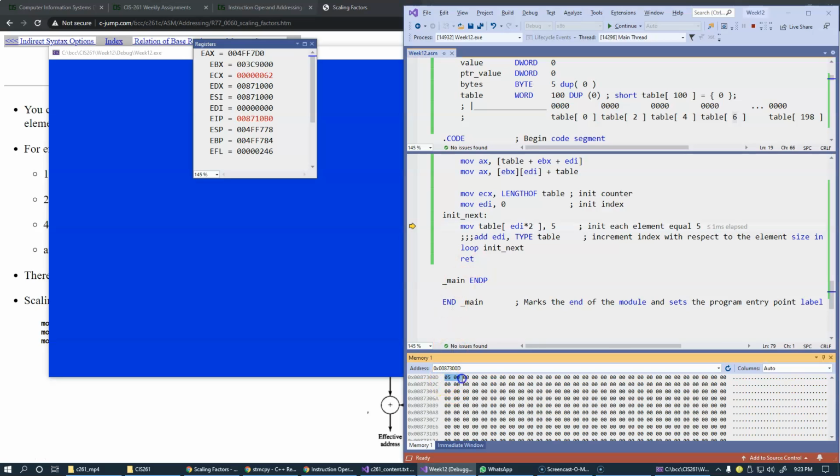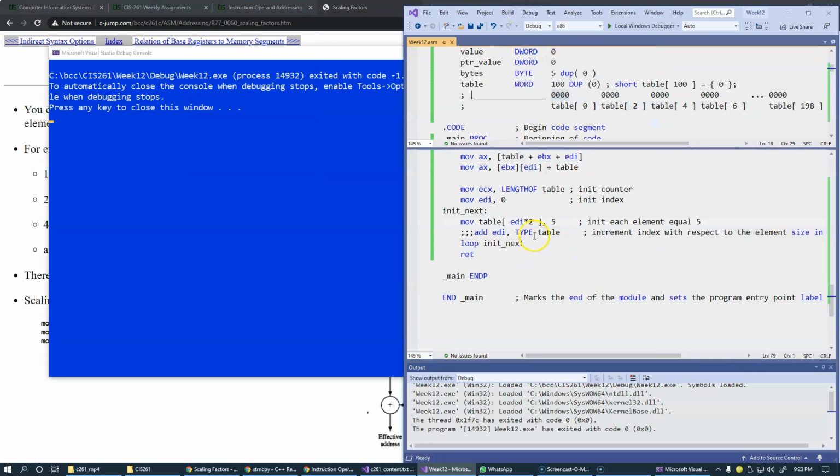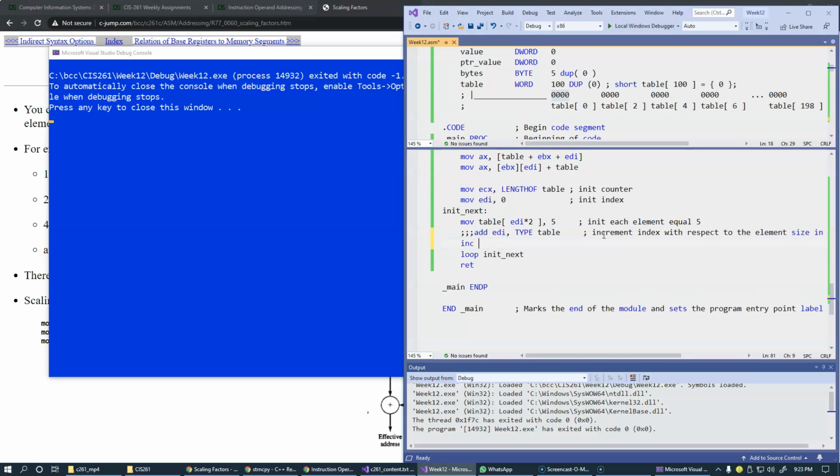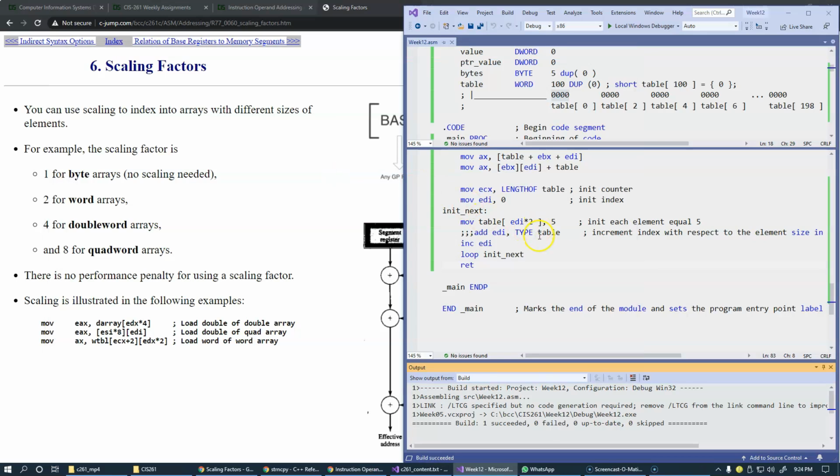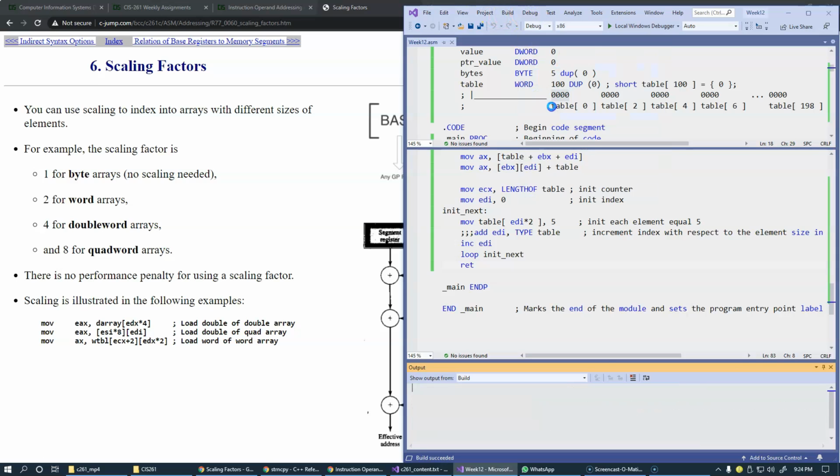And then you can see that it just keeps updating the same first integer, so let's stop debugging. What I meant to do here is just replace this arithmetic with this simple increment EDI, right? The advantage of doing this is that I'm going to use EDI as a very natural index 0, 1, 2, 3, 4, 5, but I'm going to scale it, and that's the idea. Okay, so I'll build again one more time, and we'll run this one more time very quickly. So debug, step into, and